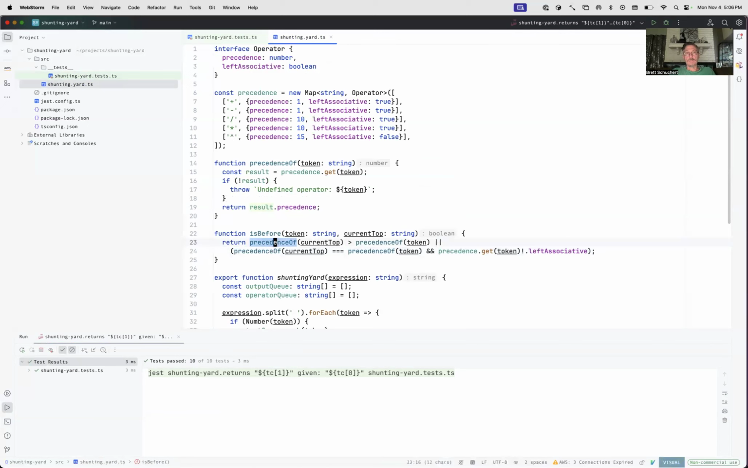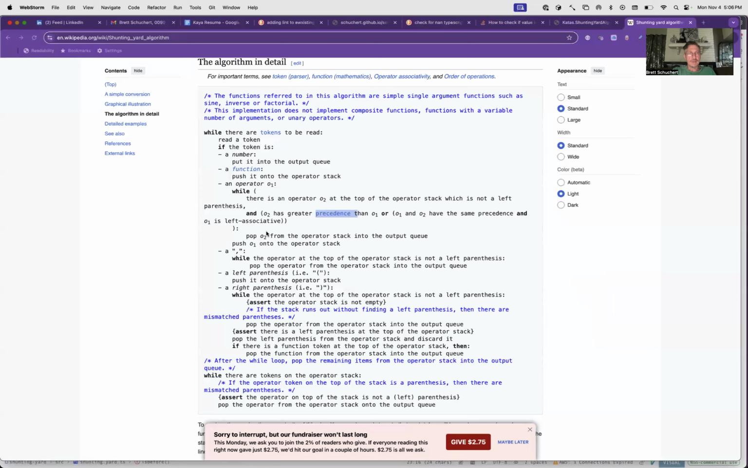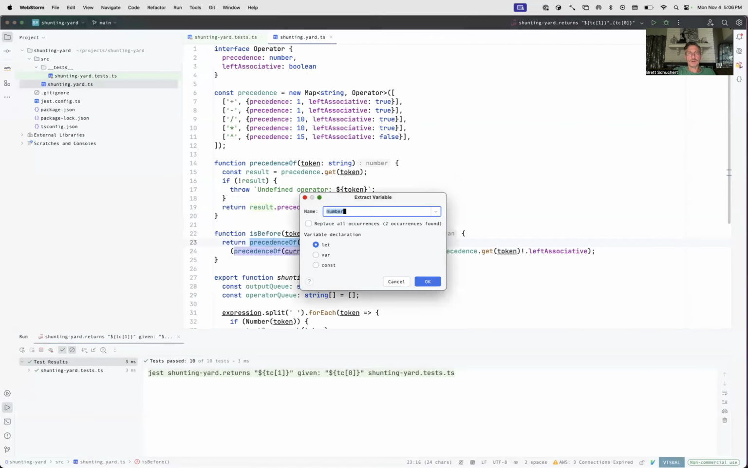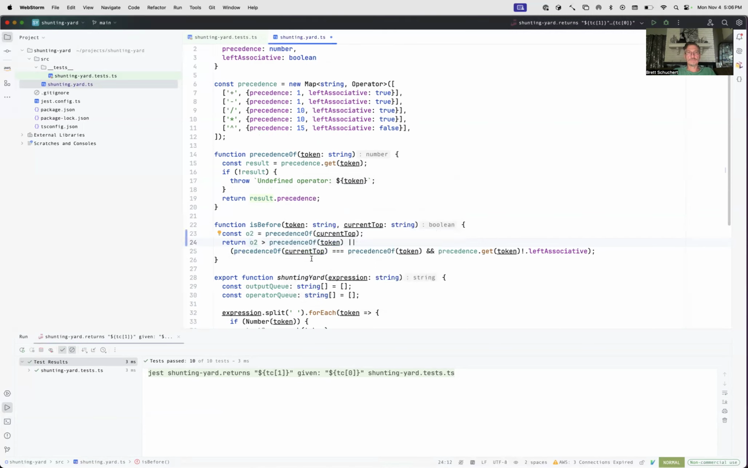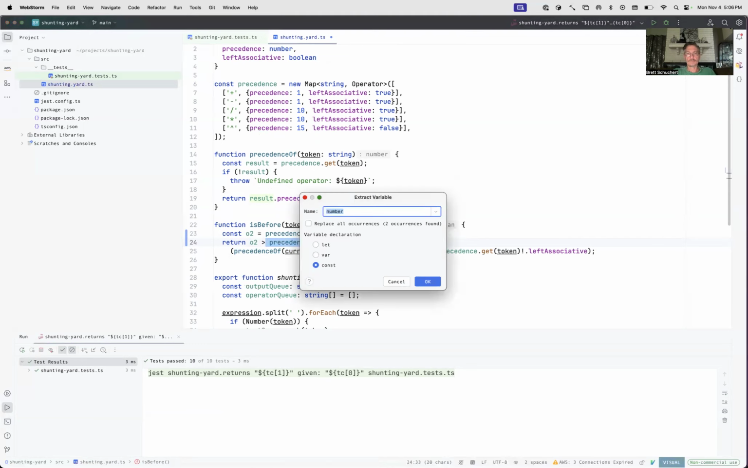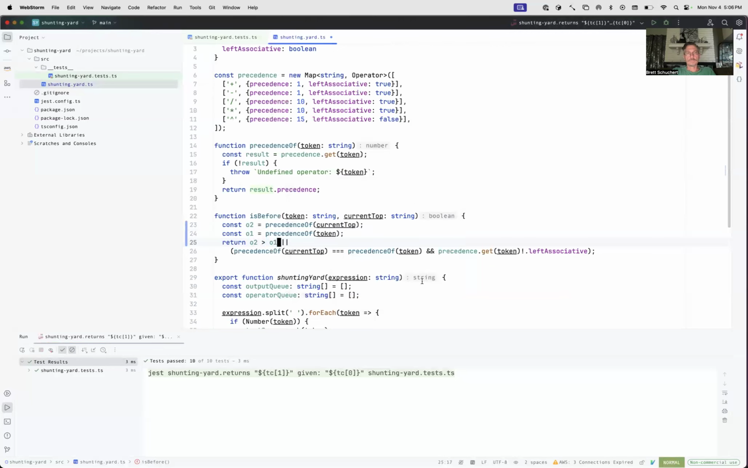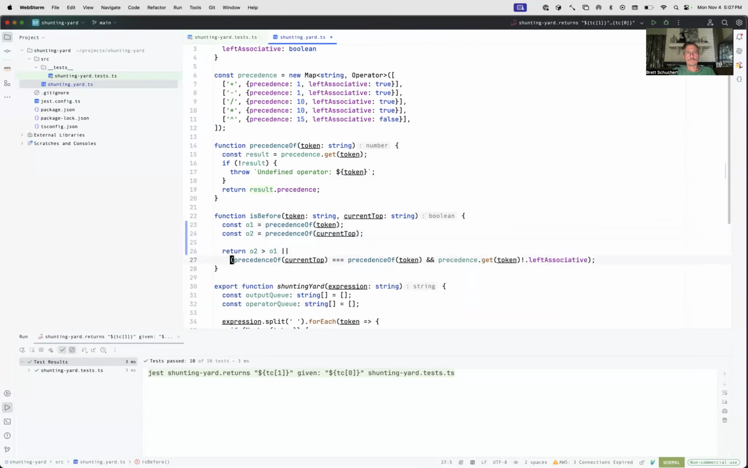I can extract this. So boom, boom, boom. The current top, let me double check that. Operator on up to the top. O2. So this is O2. So this is a variable called, I'm going to make it a const. And this is operator or O2. And then this is O1. I'm going to do it dot precedence. So if O2,